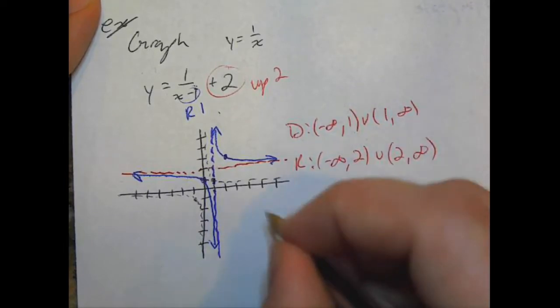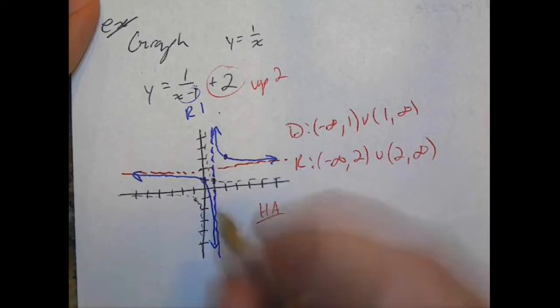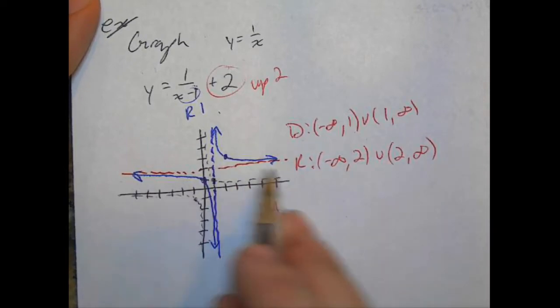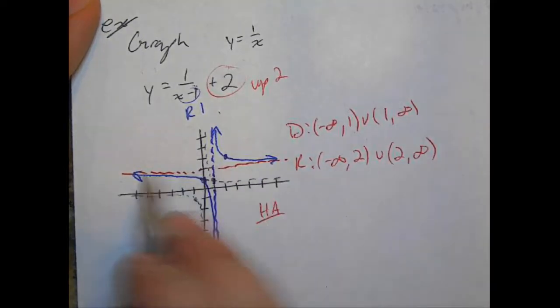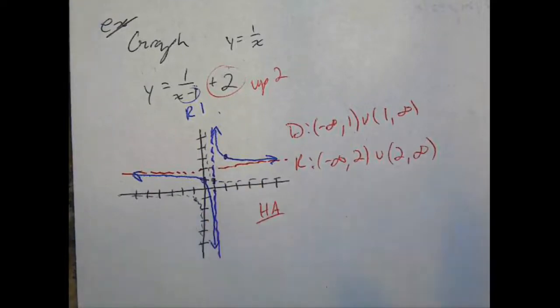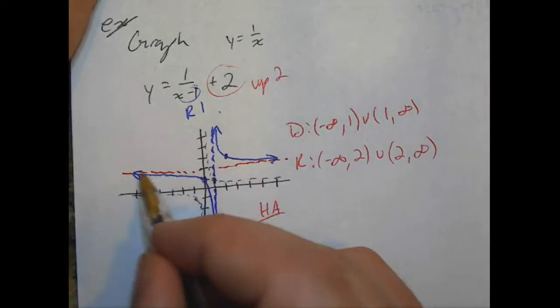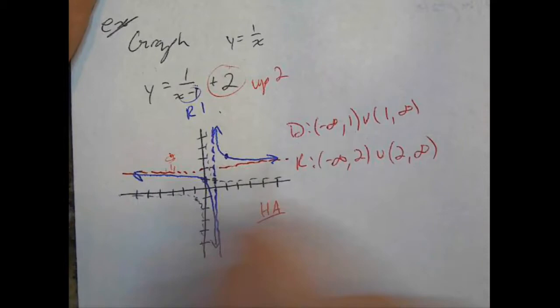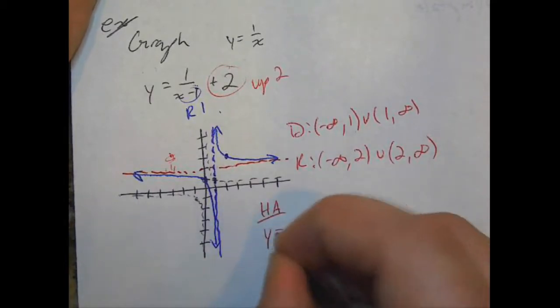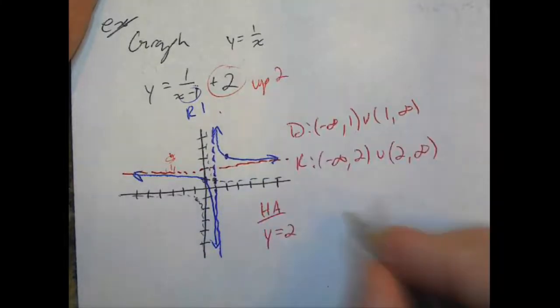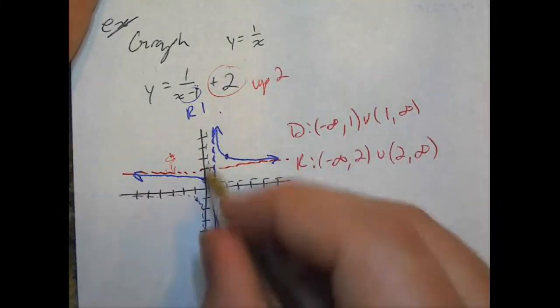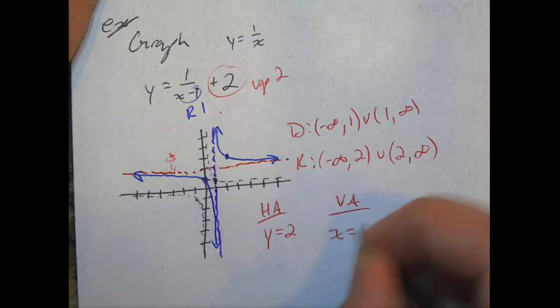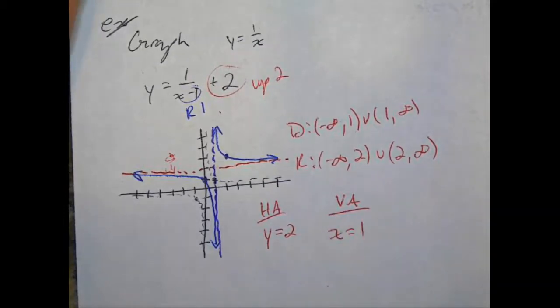And if it asks me to state my asymptotes, my horizontal, the one that is going horizontal, just like the Earth is, kind of like the horizon. The horizon is the bottom part. So if you were to look over the horizon and there were trees and stuff, horizontal is kind of like the flat line. It's our x direction. So we would have y equals 2 because it moved up 2. For our vertical asymptote, it's whatever x equals. So x equals 1 because it moved to the right 1. All right,